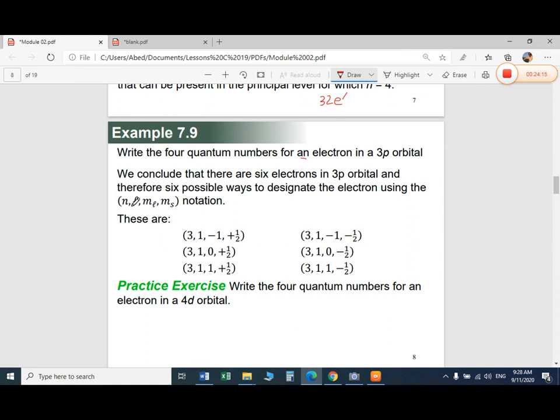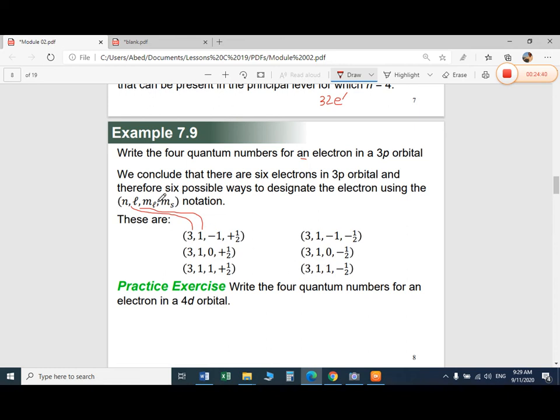Okay, so n will come first. So this is the n, it will not change. 3, you see, all this is 3 and this is all 3. This is the number of n, 3. So we are not changing n. This is simple. l will come second. So l is here. This is 1. 1 means p. This is the p here. In the question itself p is given. p means 1, and it is not changing. This is 1 and this is 1.